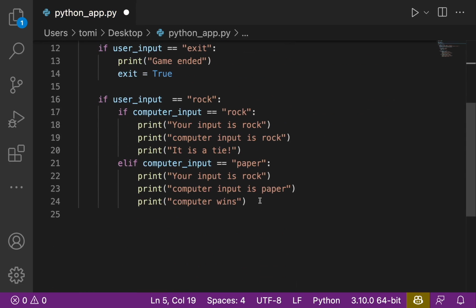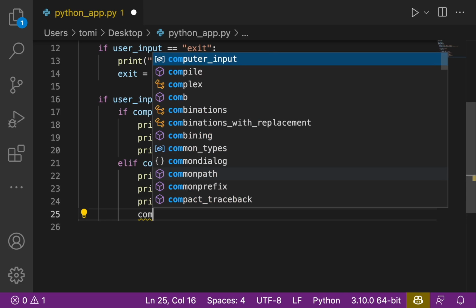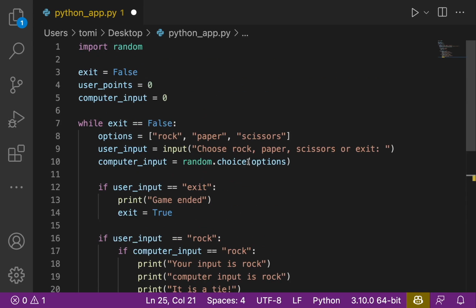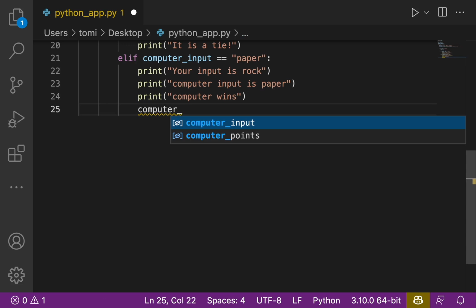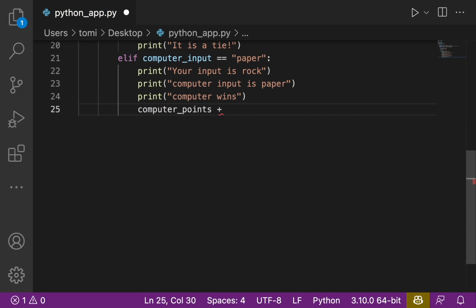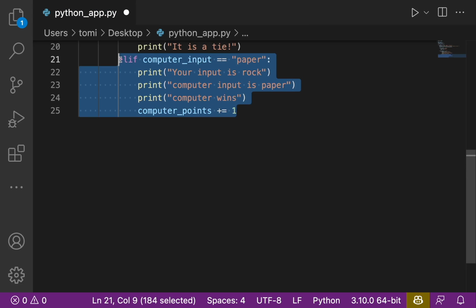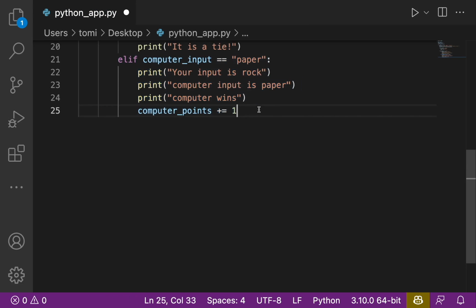So when the computer wins, we're going to say computer point, it should be point, and then computer point, we'll say plus equals 1. We're increasing the computer points by 1, and we're going to do the same thing again by saying